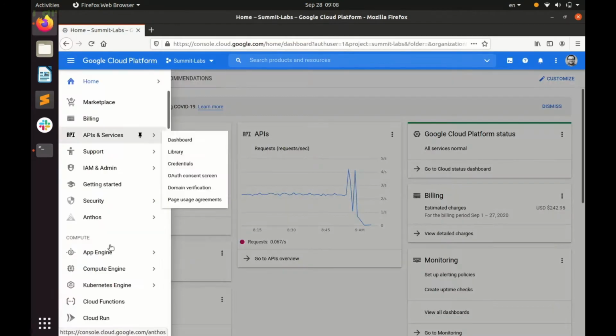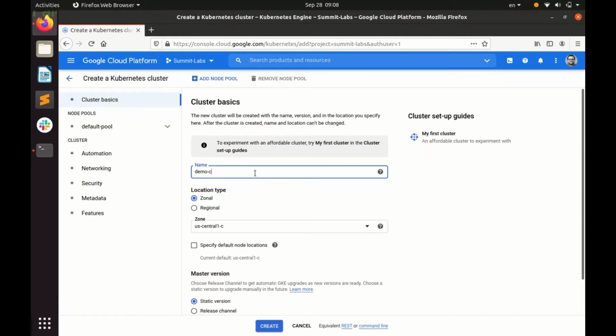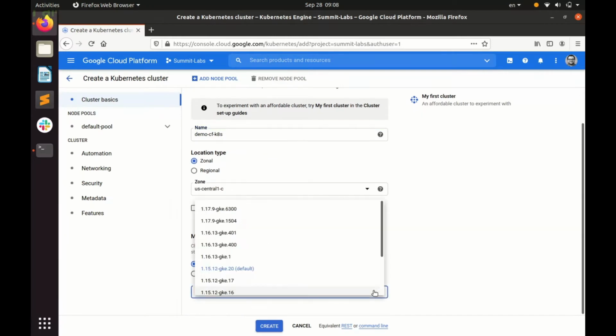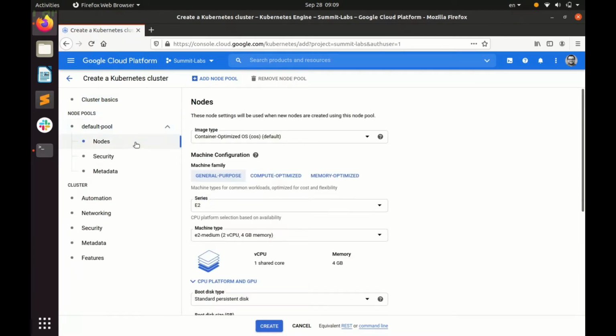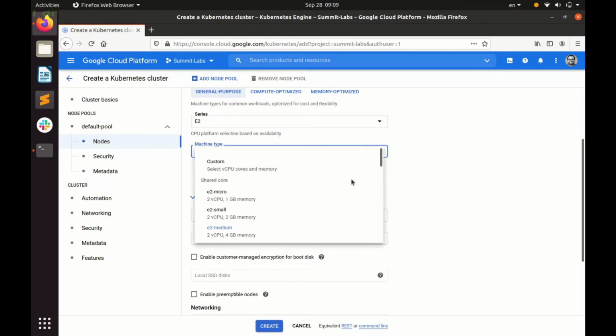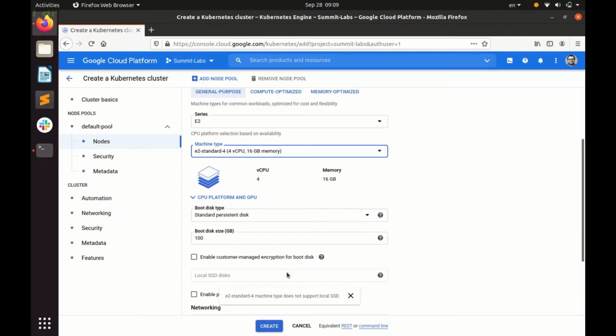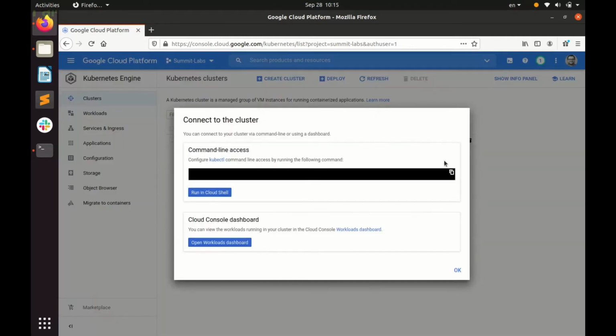Start by creating a Kubernetes cluster on Google Cloud. Make sure that the version that's running is between 1.16 and 1.18. As far as nodes go, the official CF for K8s doc recommends having 5 nodes with 16 gigs of RAM and 4 vCPUs each. Choose these compute instances and create your cluster.